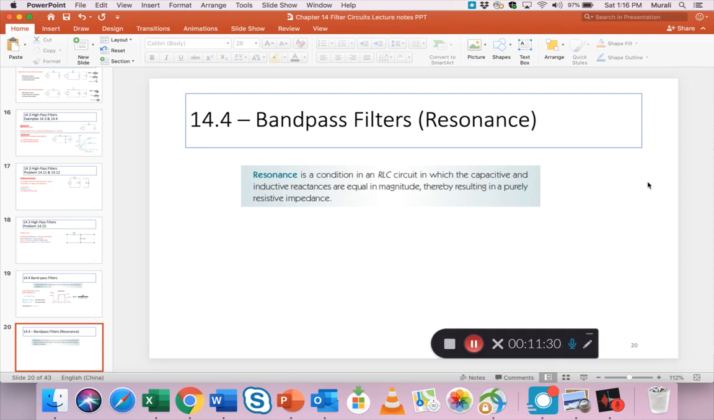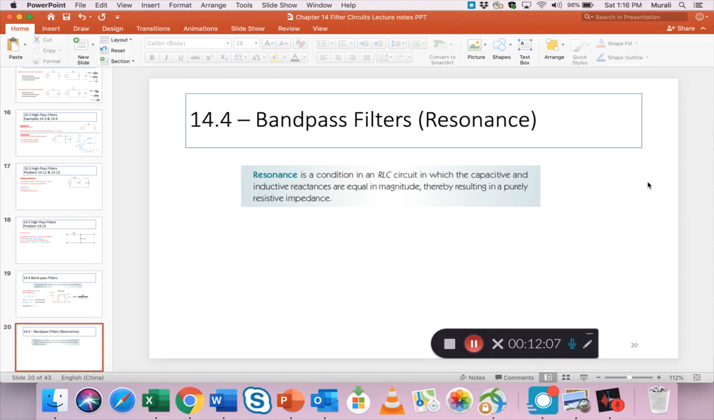So in this slide, there's nothing, it's just a definition. What is the definition? Resonance is a condition in an RLC circuit. So it's an RLC circuit. So you got to have both L and C along with an R, in which the capacitive and inductive reactances are equal in magnitude, thereby resulting in a purely resistive impedance. Okay, so that's the basic definition, and of course we look at it a little more, but just try to remember that